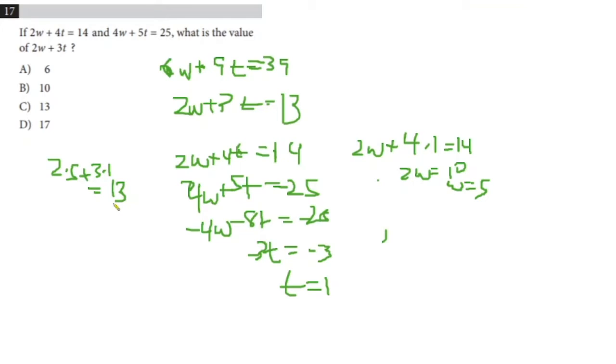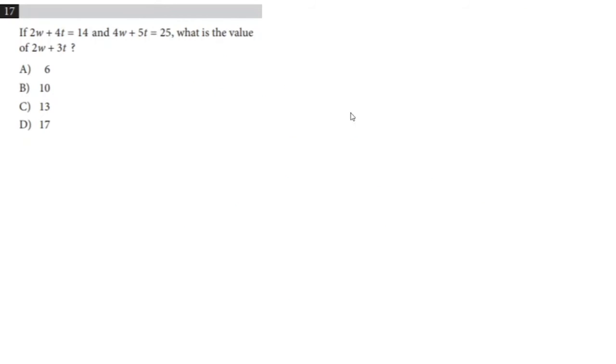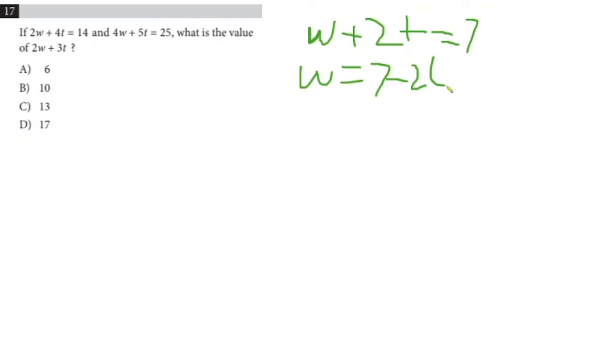The problem can be done by substitution. That's a little bit of a trap also, because it's just a little bit difficult to do the substitution using these numbers and everything where you don't have a one coefficient. It's possible. Okay, so one way of doing the problem with substitution is we take a half of the first equation. We would get w plus 2t equals 7. W equals 7 minus 2t. This is obviously not the best way of doing it, but you would substitute